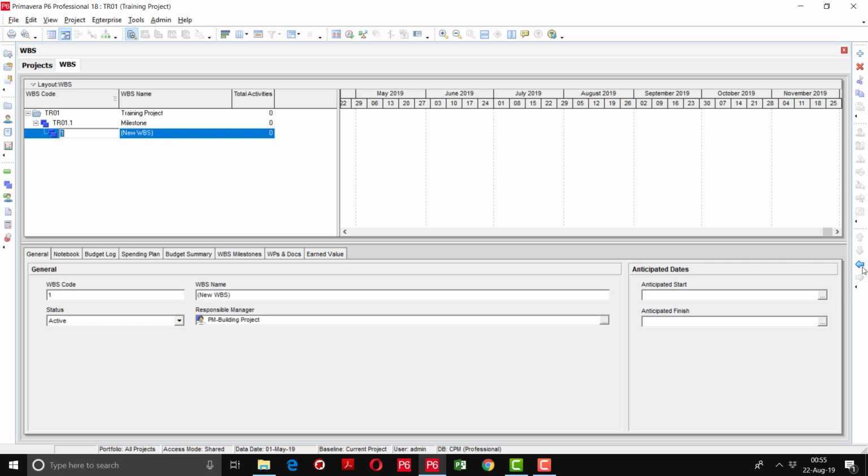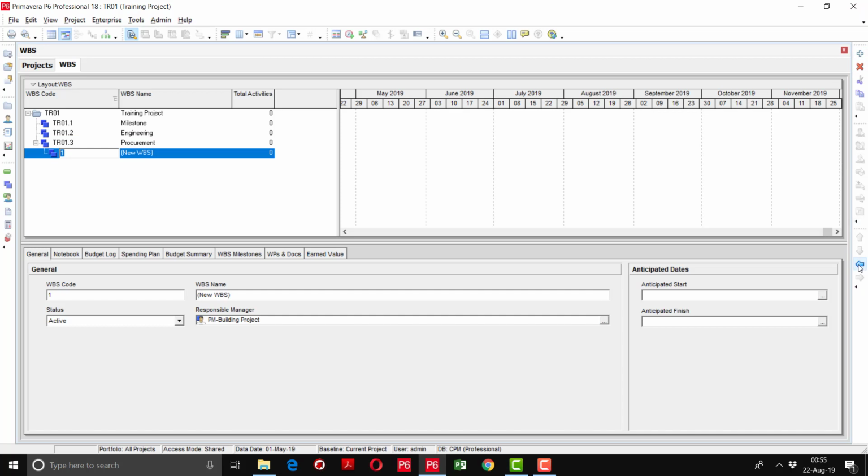So by using this navigation key, we can move right, left, up and down according to the situation. So after milestone, we are going to define engineering WBS. Then we are going to define procurement WBS,